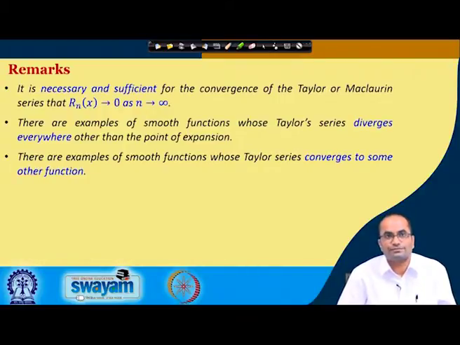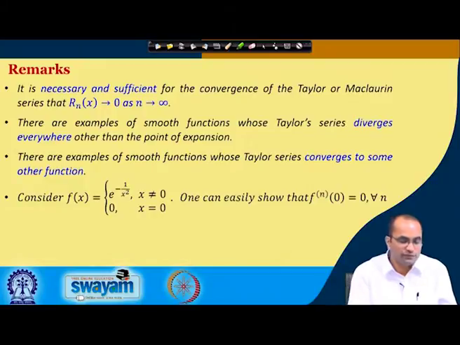And there are also examples of smooth functions whose Taylor series converges to some other function. For instance, take this example: f x is equal to e power minus 1 over x square for x not equal to 0, and 0 for x equal to 0. In this case one can easily show that the derivative f n at 0 is 0. If we take the derivatives of this function e power minus 1 over x square, which I am not computing here, one can easily compute that